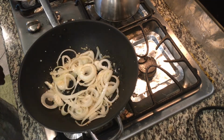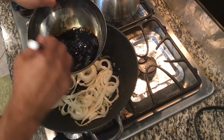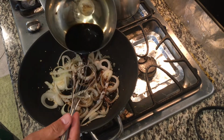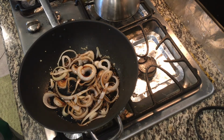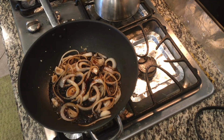Now this is the right time to put our soy sauce and calamansi juice mixture. Let it boil for 30 seconds. Now it's boiling now. We can add the